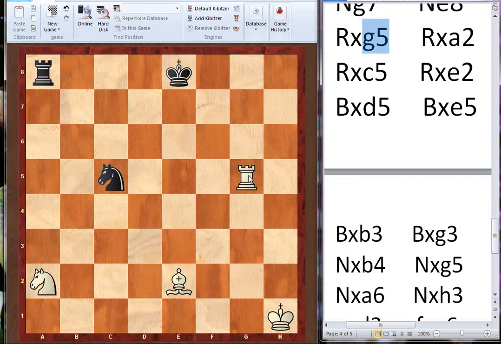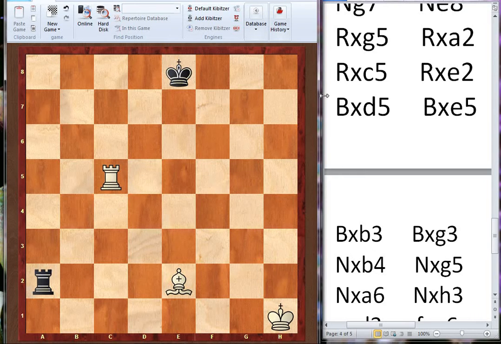It does not matter what we are capturing. We may be capturing a pawn, a queen, a bishop or a rook, anything. That does not matter. Write the name of the piece that is capturing, then the cross, and then the square on which we captured. For example, black rook captures here. How will we write it? First capital R, cross, which square did we capture on? a2, like this. This rook captures this fellow, so I will write capital R cross c5. This rook captures this fellow, capital R cross e2.